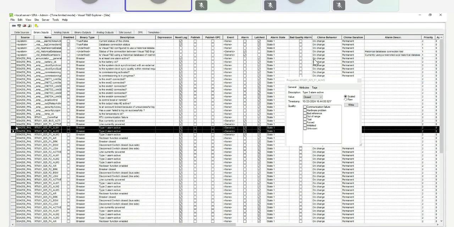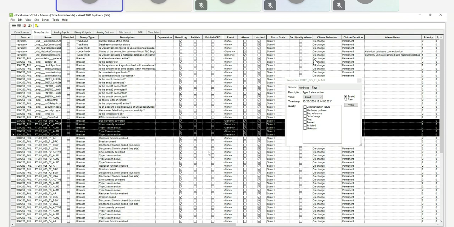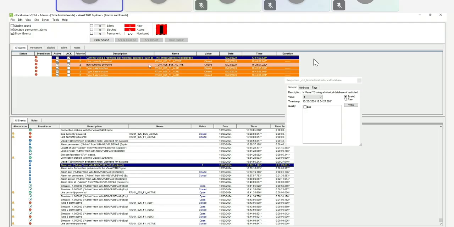Bus F1 alarm 1, alarm 2, alarm 3. I configured alarm state as state 1. So now they were in alarm. That's why they were all in orange color. Okay, so I will just identify some alarms here as black. For alarm type 3, I will tag that as permanent alarm. For the type 2 alarm, I will tag that as black alarm.